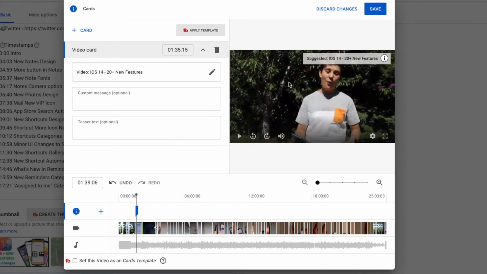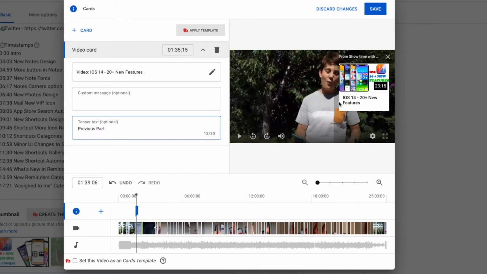Okay, so this is how it works. Now, of course, we can get here the custom message or the teaser text. So we can add here "previous part." And it will say "previous part" instead of showing the whole video name over there. However, it will show us the video name if we click it, but we're actually going to add the custom message such as